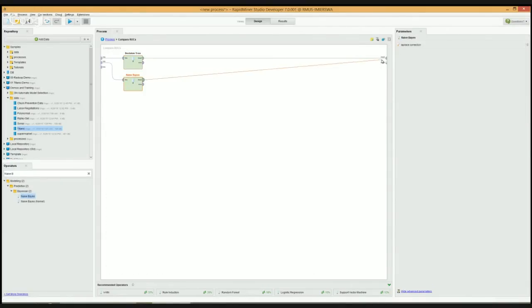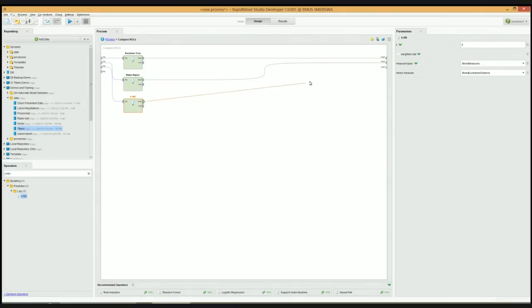And last but not least, k nearest neighbors. And the default value for that one is 1. Let's maybe go with 5 nearest neighbors. This data set has about 1,300 different rows. Okay, so now all you need to do is you basically connect as many models as you want